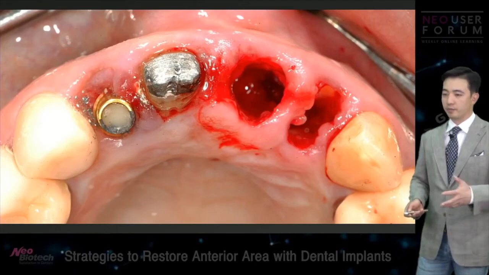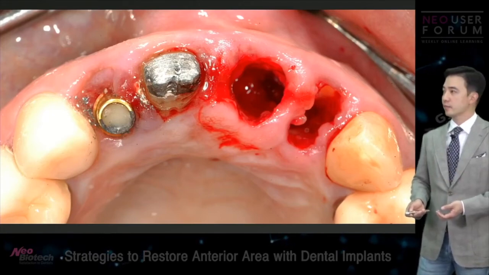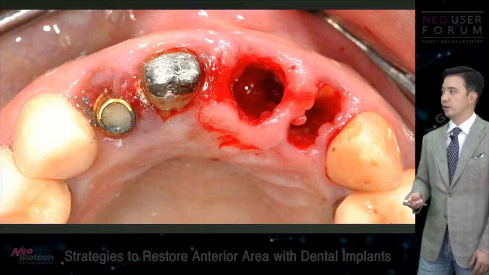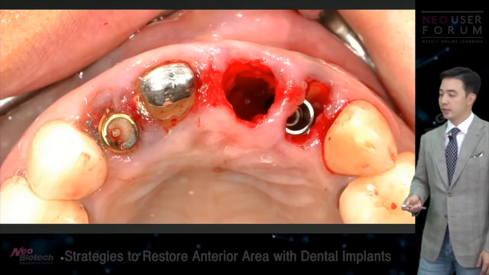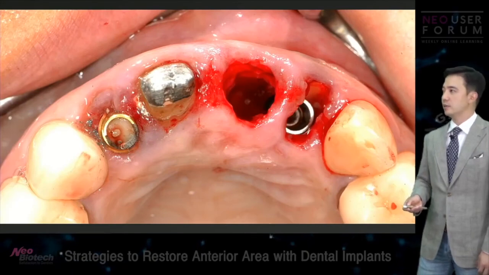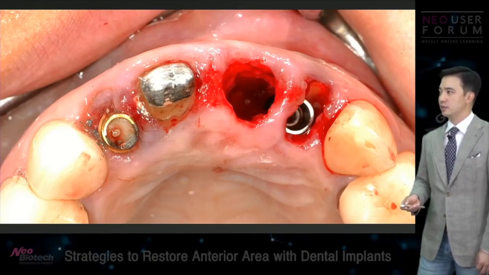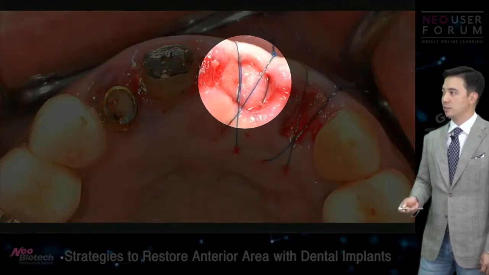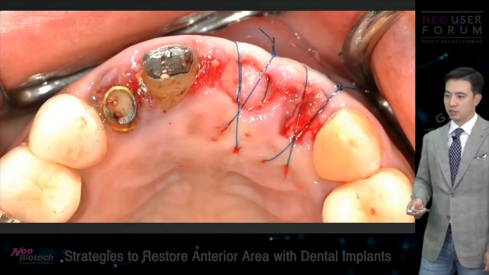and I cleaned the site, removed the graft material and everything. Still had okay stability there. And I did GBR, placed the collagen membrane and sutured. So this time,